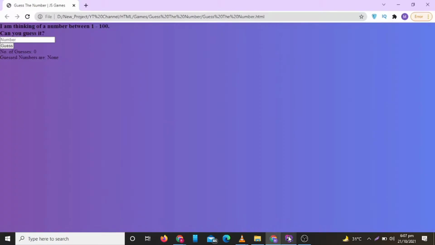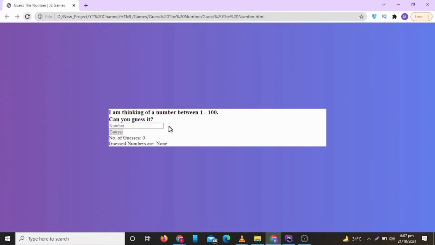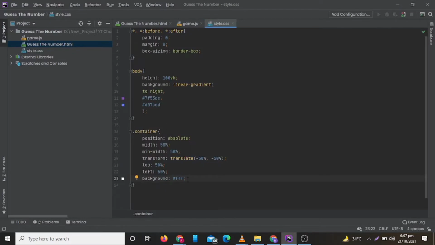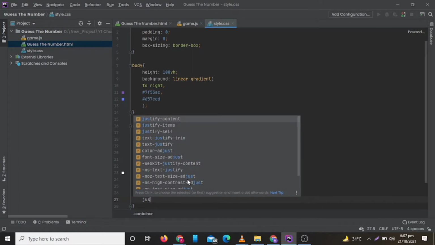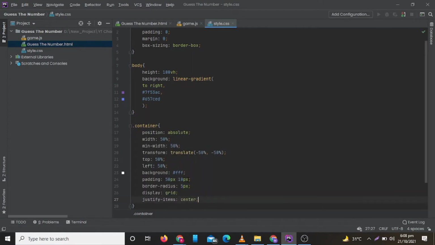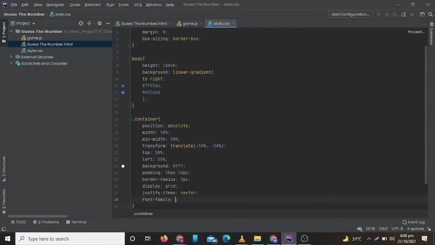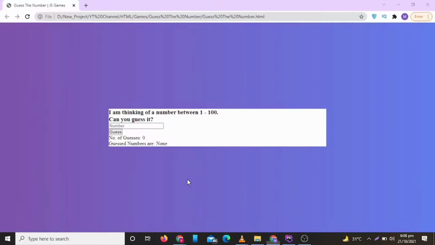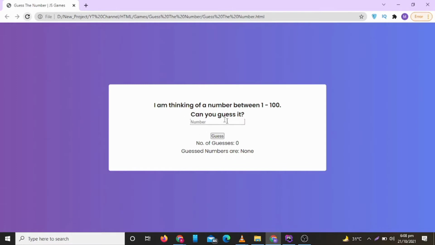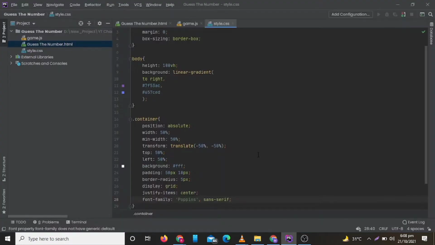Now let's check how it is looking. So it is centered. Now let's add some padding. Now let's check again. Now it is looking good. Now let's write CSS for our heading.